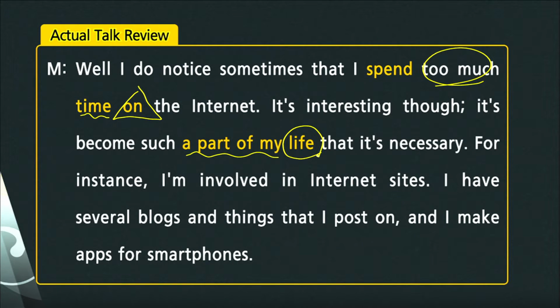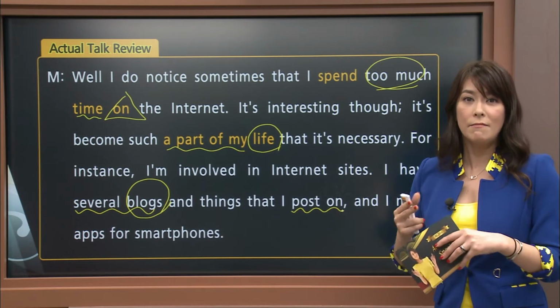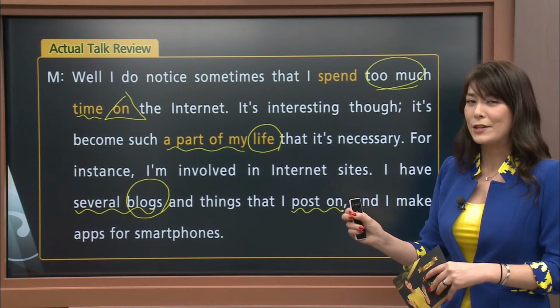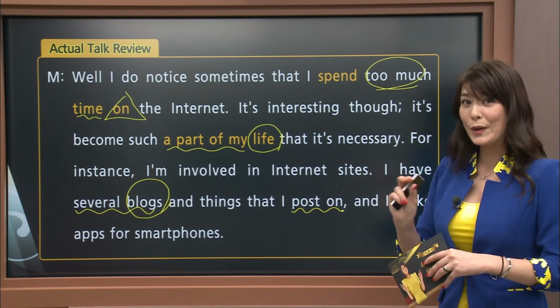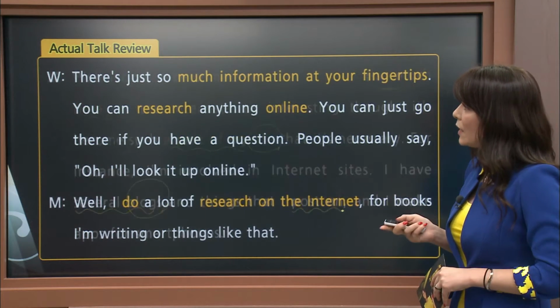I have several blogs and things that I post on, and I make apps for smartphones. So what does Peter do? He has several blogs, okay? He's active on a few blogs and things that I post on, okay? You can leave a post on a certain page. You could leave comments on a page. You can also leave a post on a page or post messages or comments on the internet. So those are some of the things he does online.